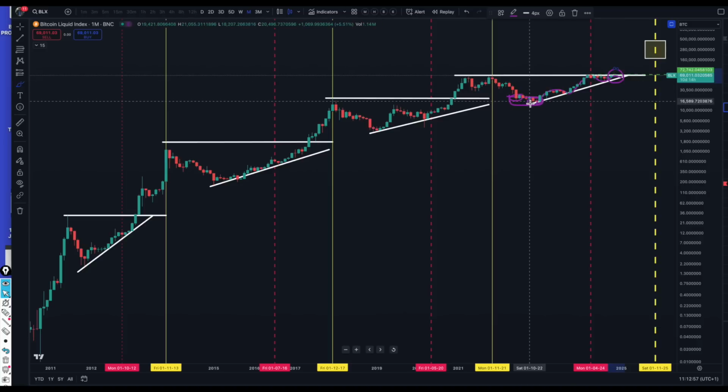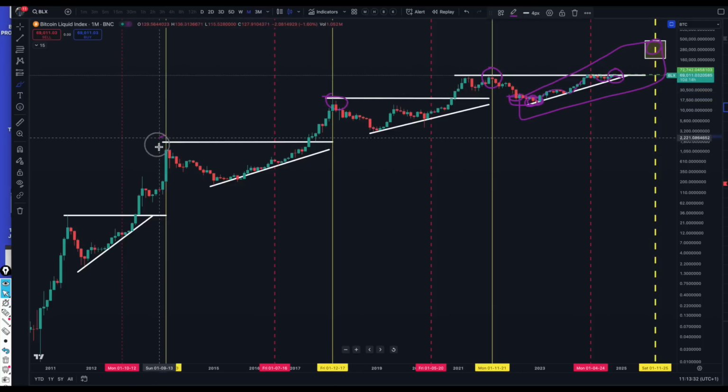So the whole purpose of that was to really capture the whole of this move here, from where we were at the end of 2022 to where we think the end of the bull market will be, anywhere around 2025, but more likely towards the end of 2025 here. Because that's what's happened in the past. We always seem to top out more towards the end of the 4-year cycle. So this was in November, this was in December, and this was in November again.